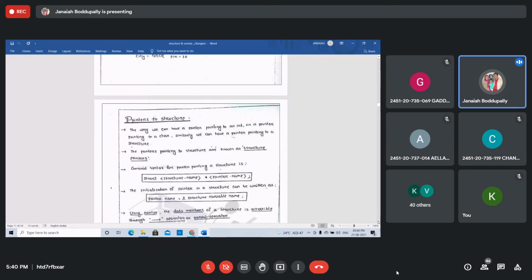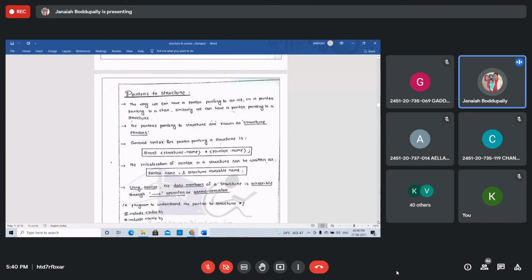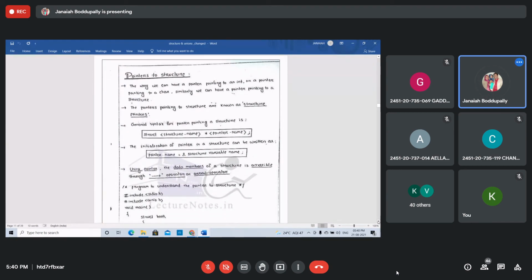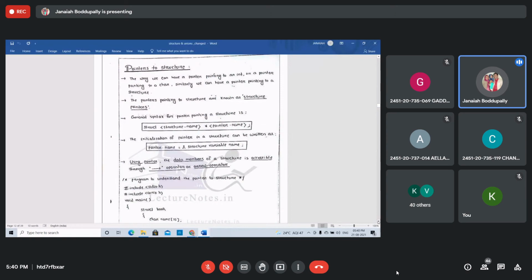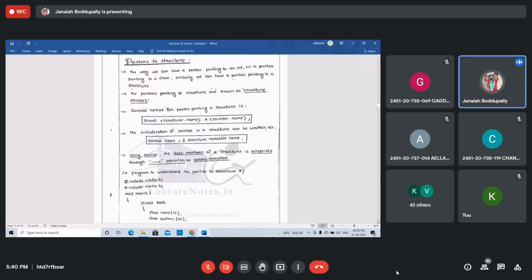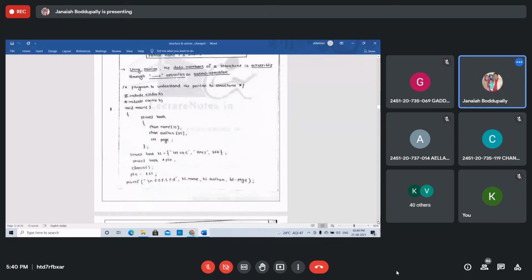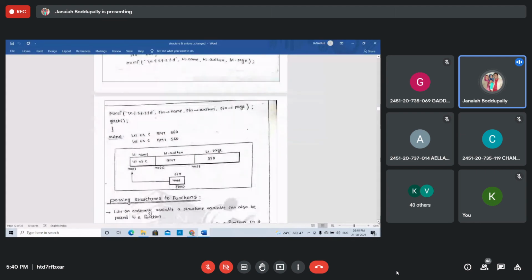Note down these two. After completing the pointers, I will explain these two concepts, because you don't know pointers, right? But you don't know what is star, what is ampersand. Then I can't tell.